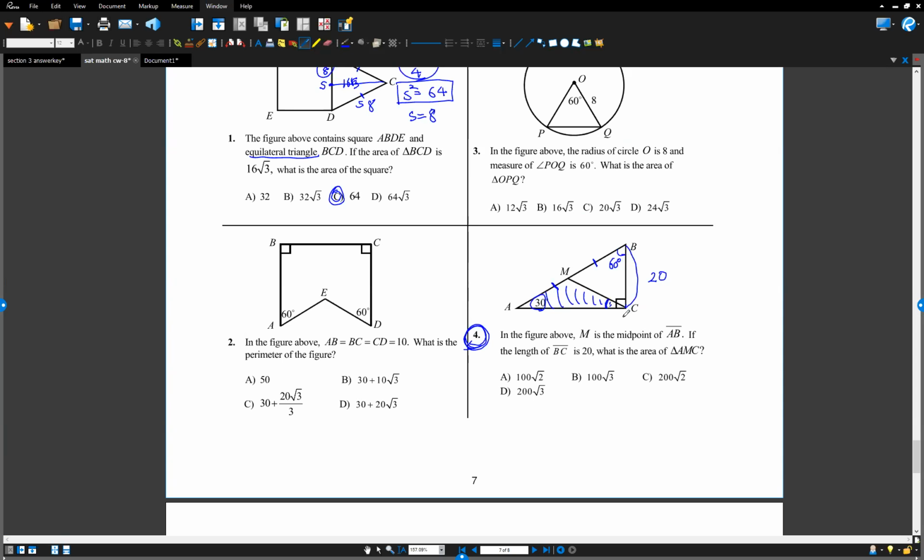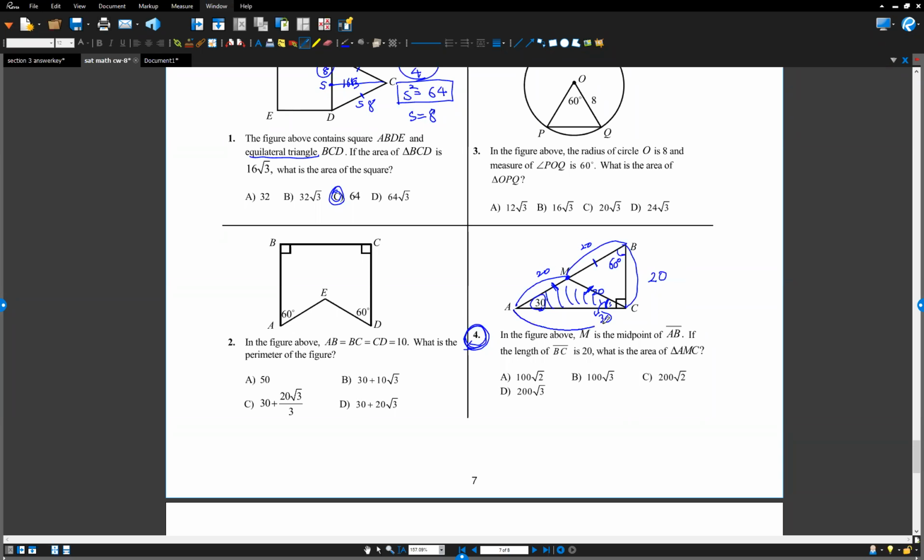This is the midpoint. In a right triangle, what does the midpoint mean? Special right triangle, right? 30, 60, 90. Is it okay? So these two angles are also 30. So these two sides are equal. Right? So this is 20, this is 20, this is 20. Okay, now we can find